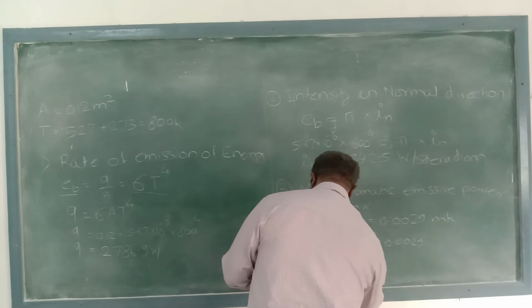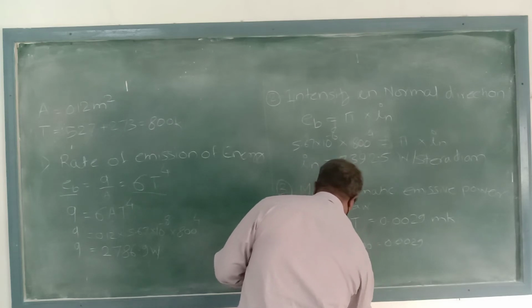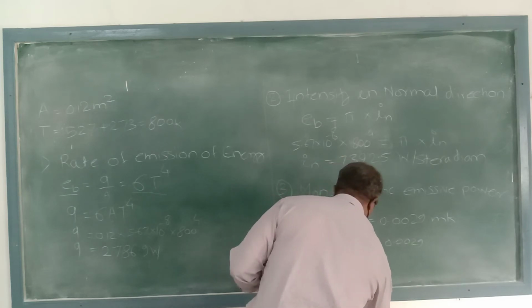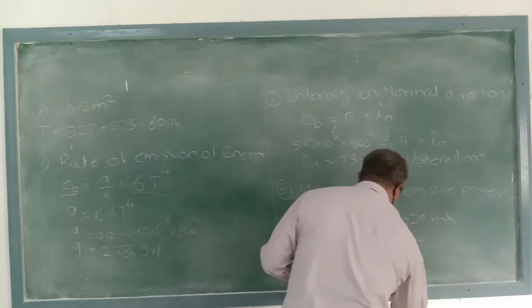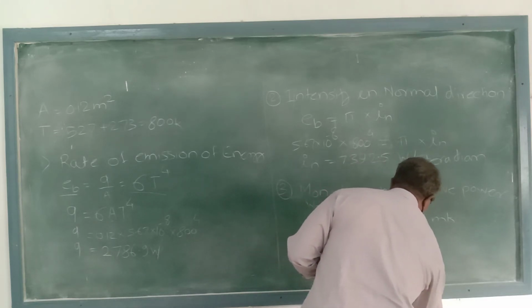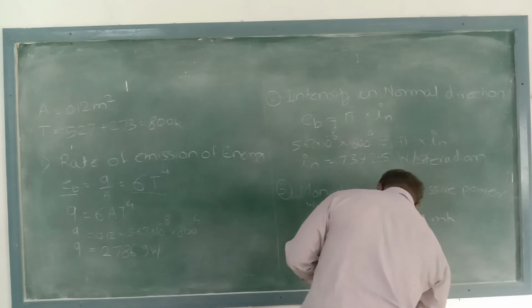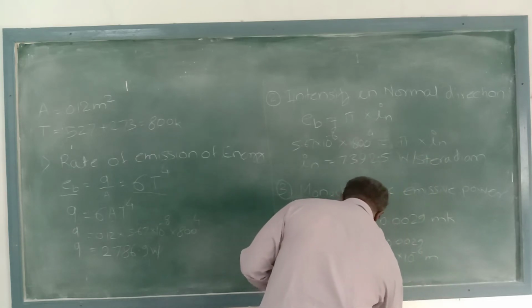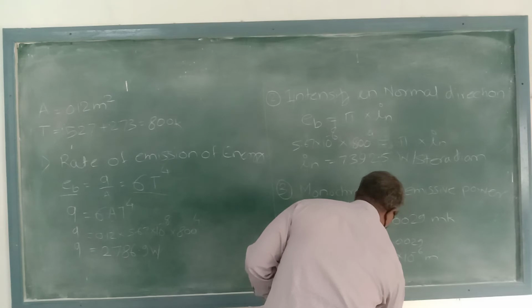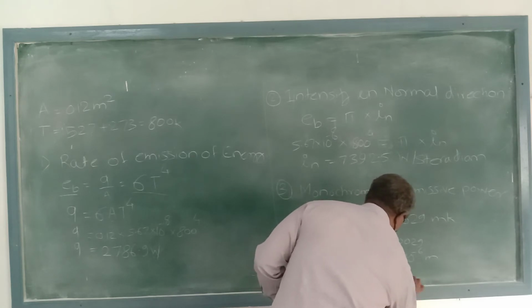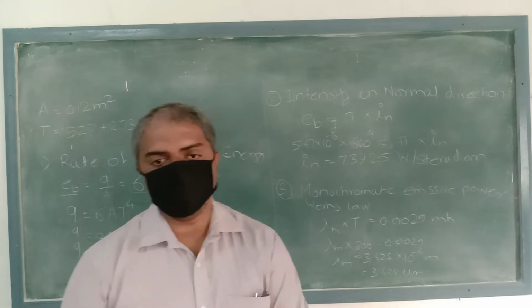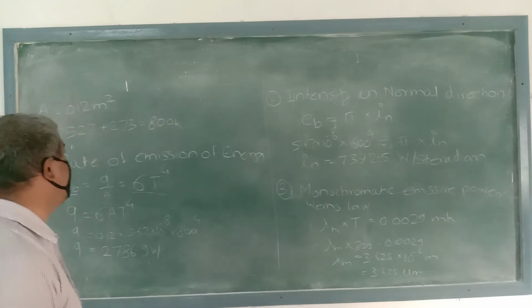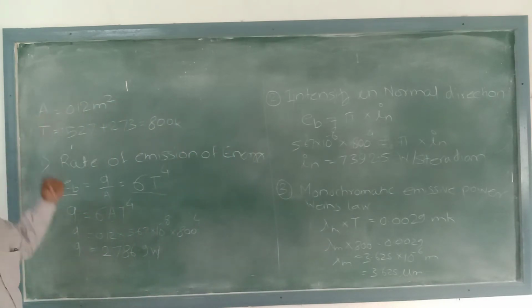So we get lambda max equal to 3.625 into 10 raised to minus 6 meter, or we are going to convert it into micrometers, 3.625 micrometers. Just once again I am repeating, in this numerical they have given the area, they have given the temperature,